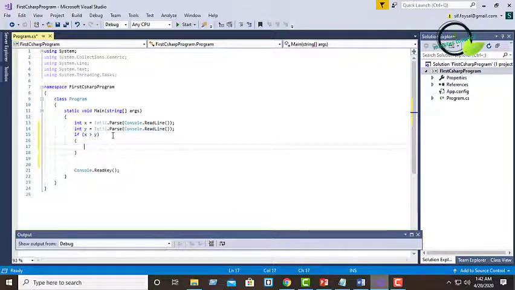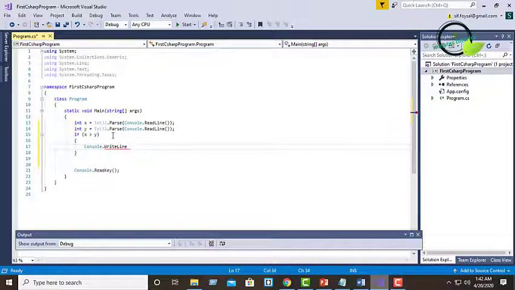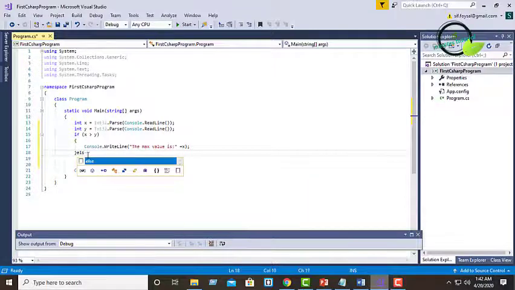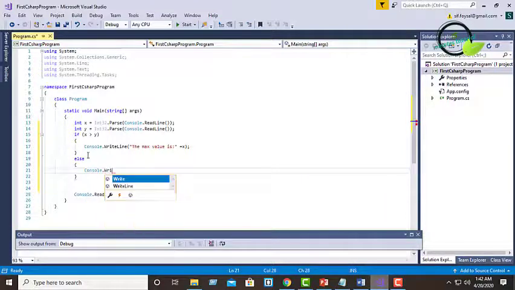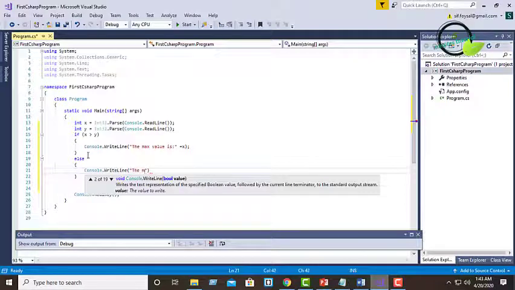If the condition is true, then it will print the max value is x, and if the condition is false, then it will print the max value is y.